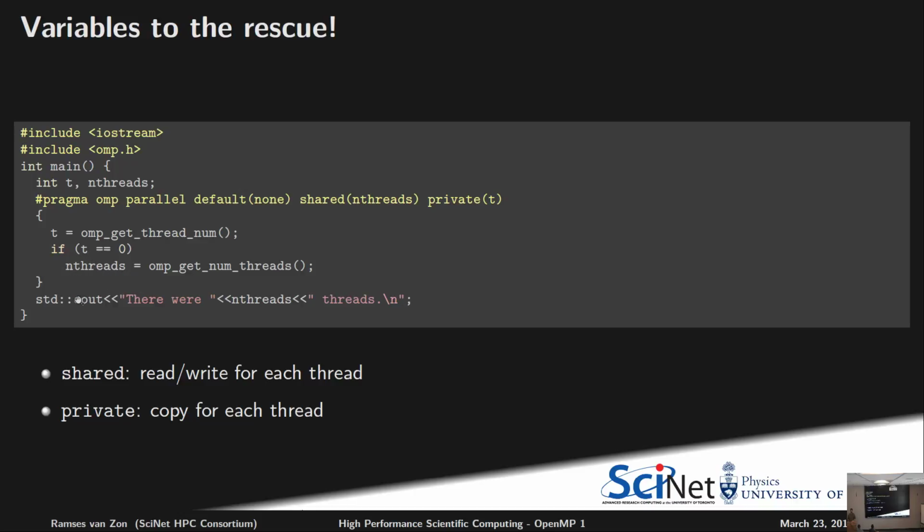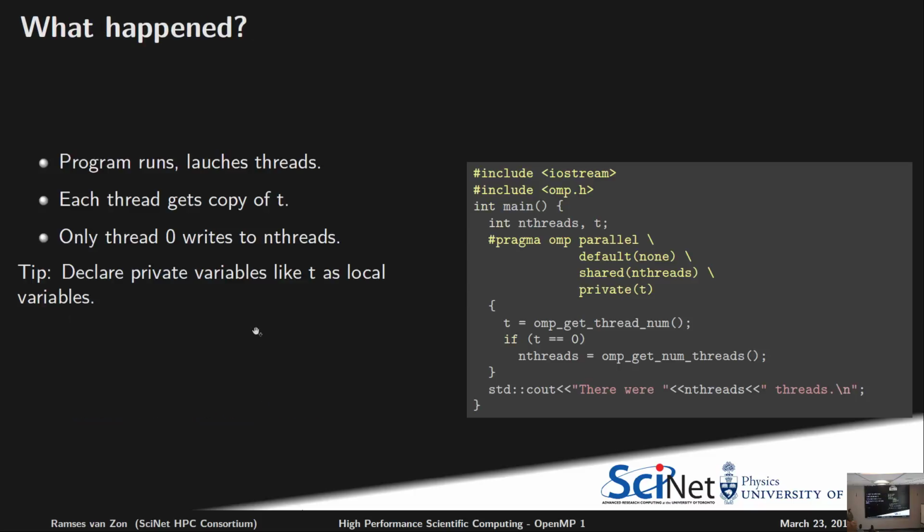We store it in a variable and we print it after. The variable doesn't change, but it doesn't change for a good reason. It doesn't change once we exit this parallel block, and then we print it, and we'll get 8. So here it is again. So we run it. It launches the threads, and